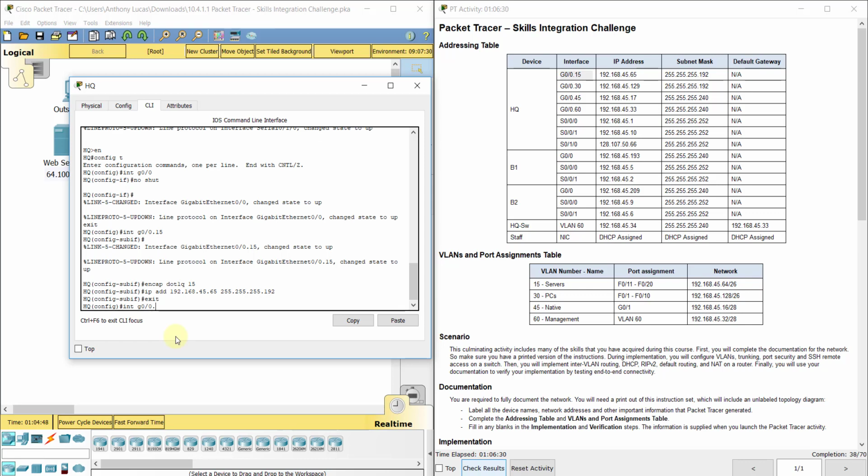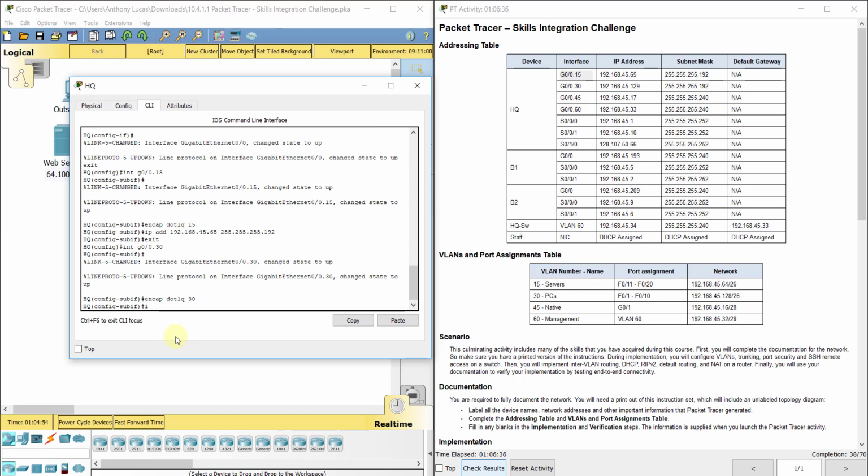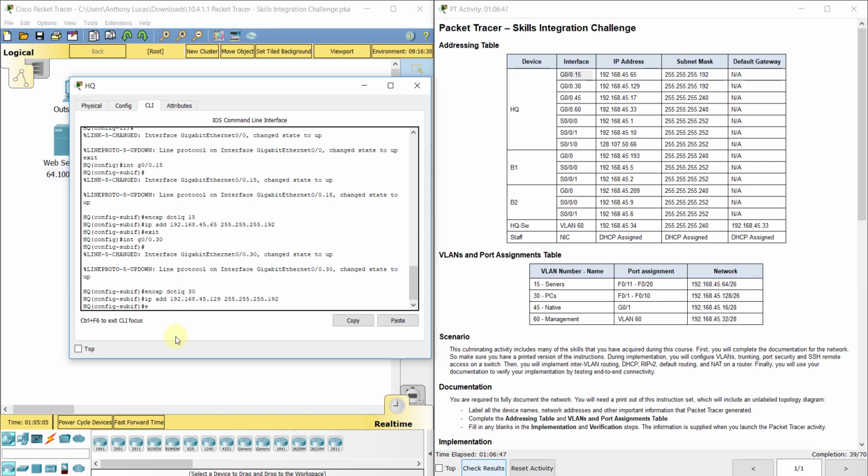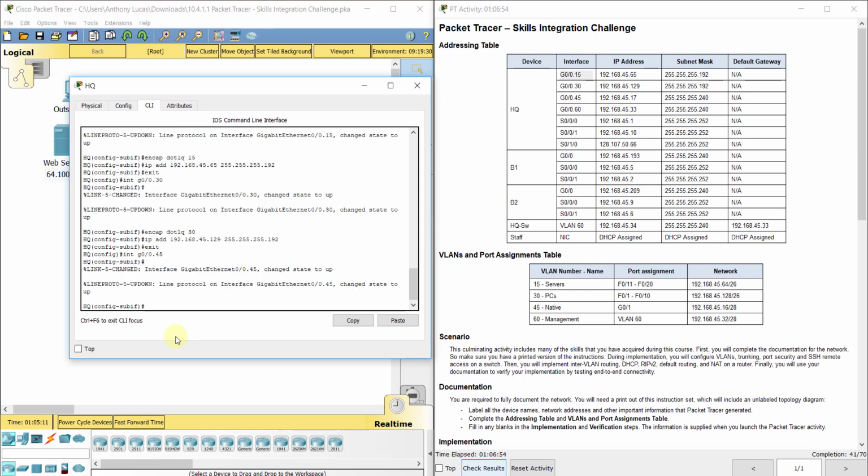Then interface G0/0.30, encapsulation dot1q 30, IP add 192.168.45.129. Okay. Then interface G0/0.45, IP add 192.168.45.17,